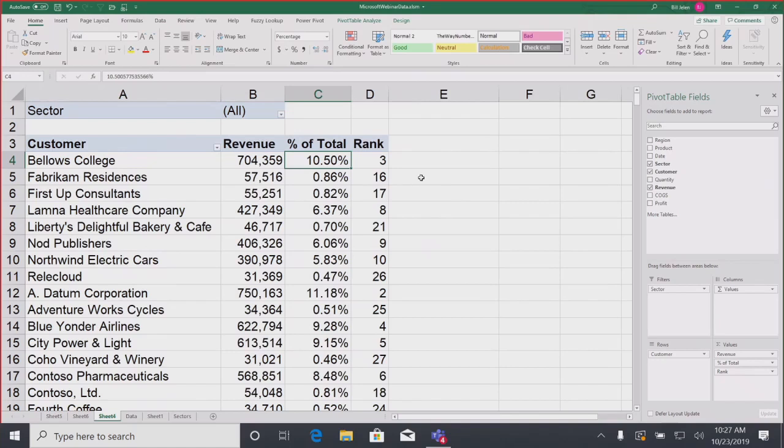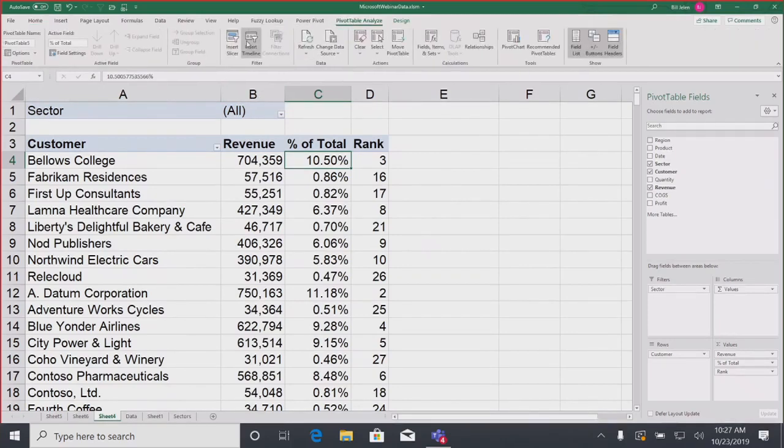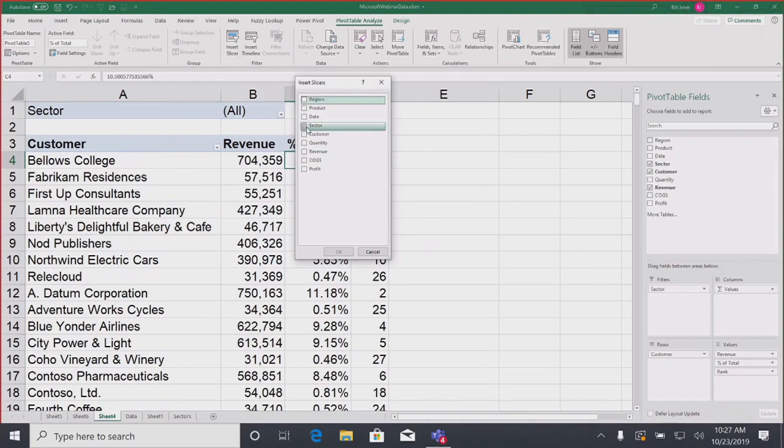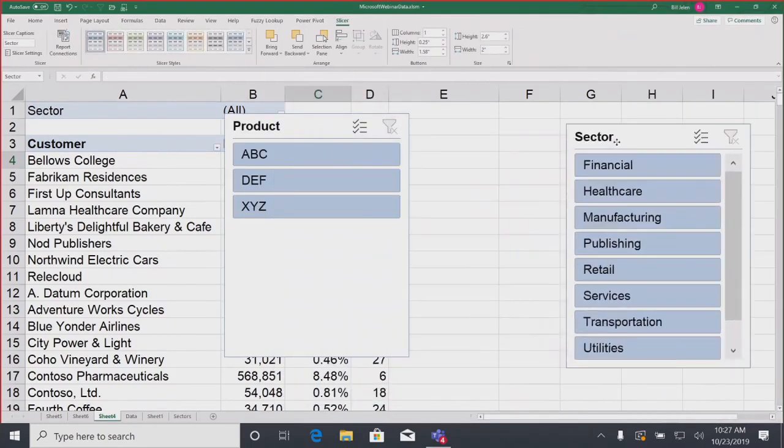The beautiful thing in Excel 2010, this was great. And actually, it made me stop using this filter up here. In Excel 2010, they gave us an awesome new thing called a slicer. All right, so with slicers, I can choose sector and product like that. And they put them right in the center of the screen. You can always rearrange these.